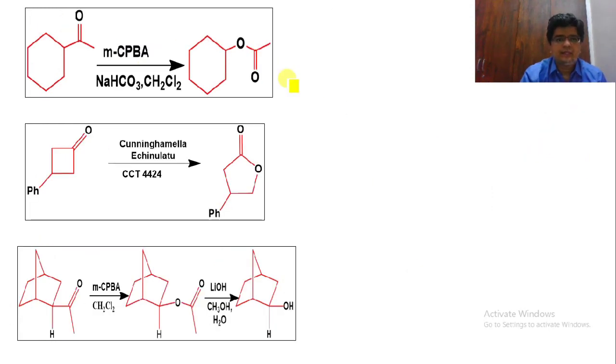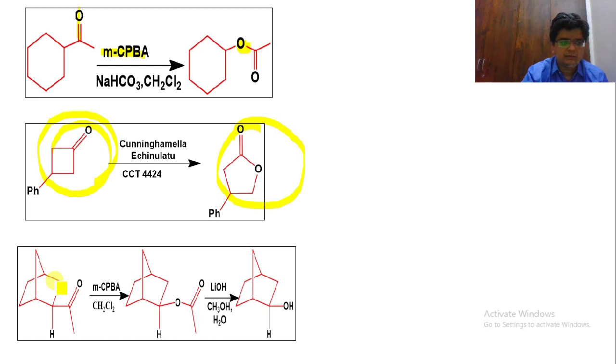Okay, so let us understand more examples, that is a ketonic group. Here we are inserting an oxygen atom. Simple. If you find a ketonic linkage, when we treat it with MCPBA, you just have to insert the oxygen. The acid will be removed as a byproduct. Now when we have a cyclic compound, it will be converted with one extension of the ring. That is, a 4-member ring is converted into a 5-member ring.